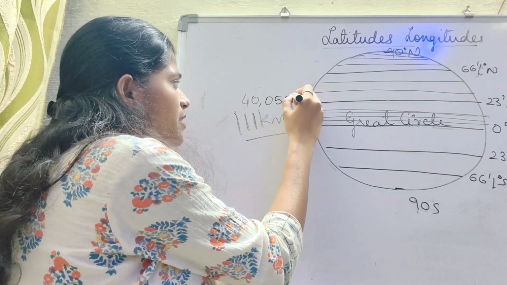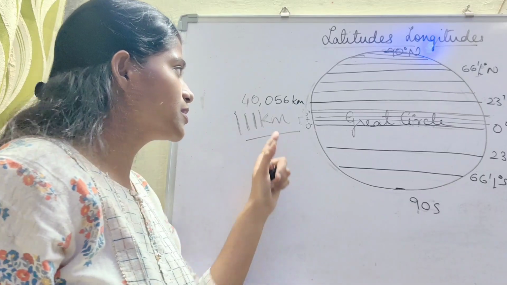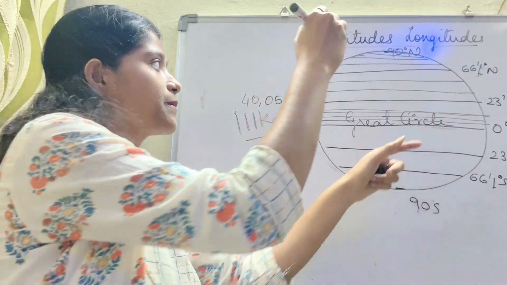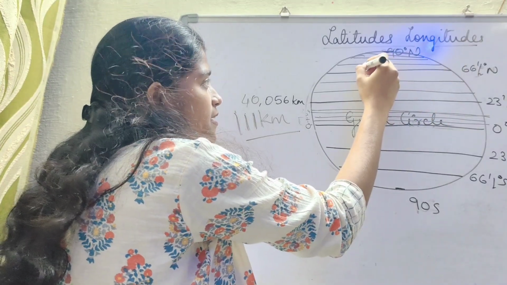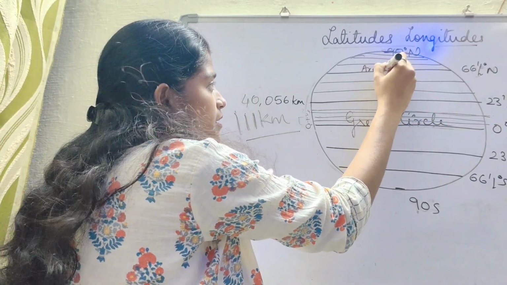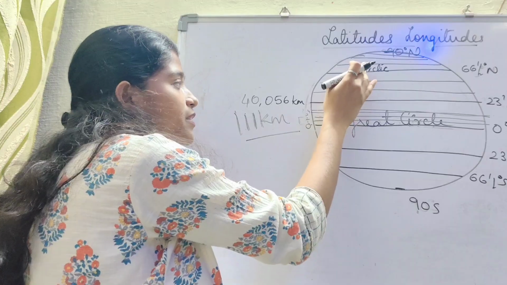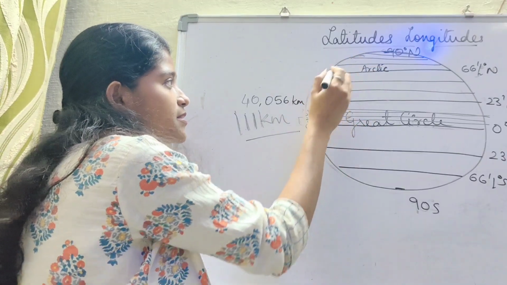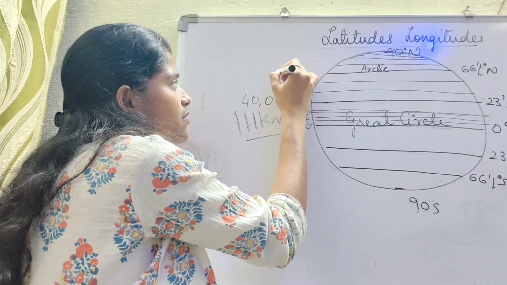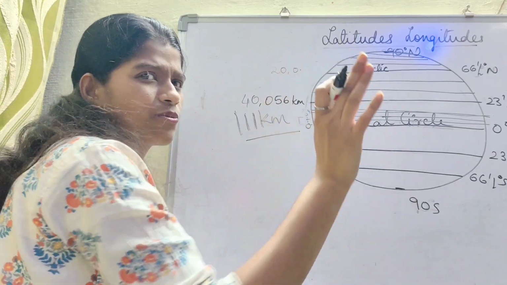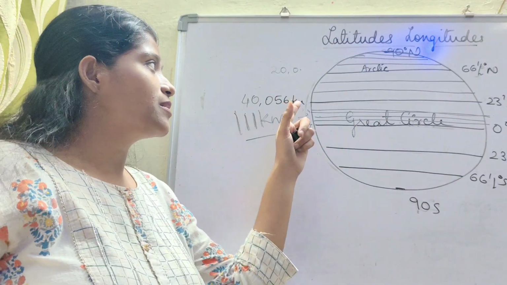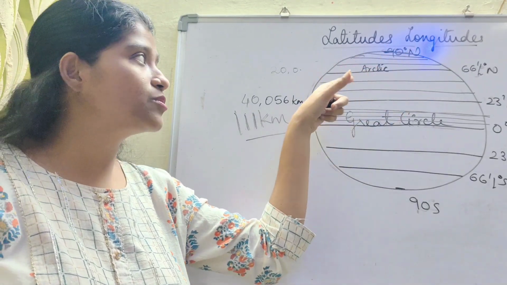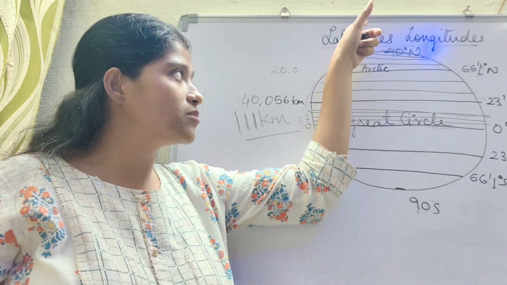Okay, 40,056 kilometers. So this is the length of the equator or the Great Circle. But this 66 degree is the Arctic Circle, right? But the length of the Arctic Circle is just half of what the equator is. So the Arctic Circle length will be somewhere around 20,000. Okay, why? Because the length of the lines of latitude goes on decreasing as we are moving to the north